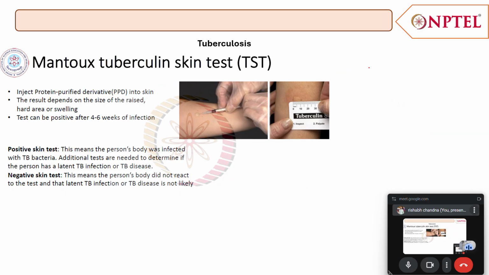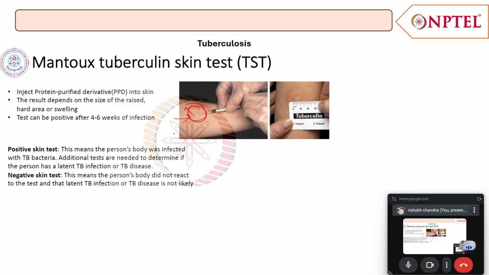Now, moving on to how we test for tuberculosis. We have the Mantoux tuberculin skin test. In this, we inject a purified protein derivative into the skin, and it spreads throughout a circle. The result depends on the size of the raised, hard area or swelling, and we check the diameter of that circle. This test can become positive 4 to 6 weeks after infection by